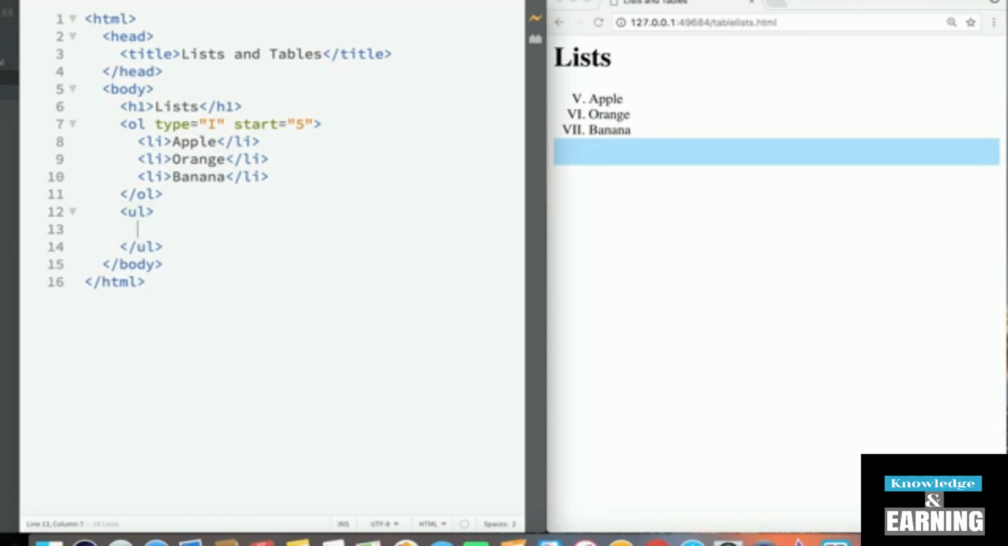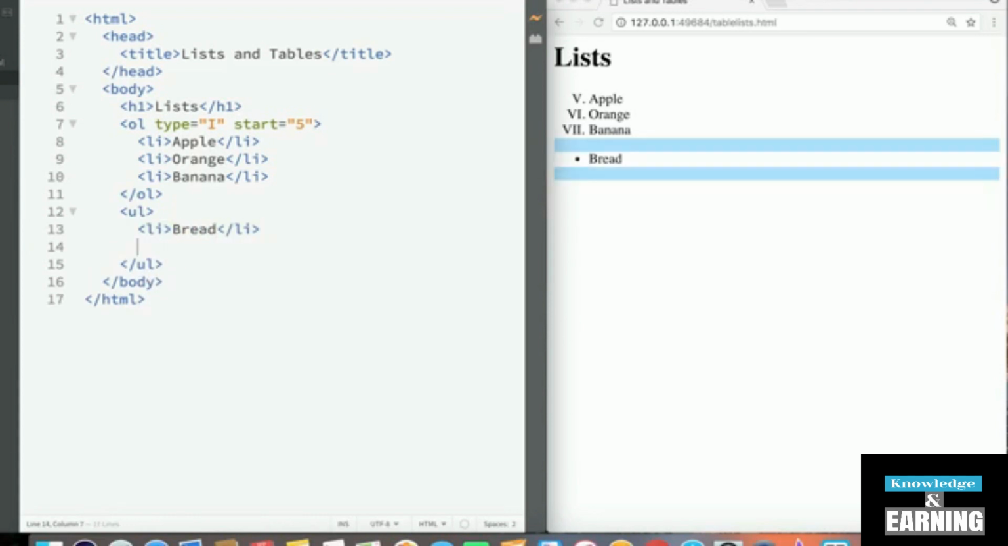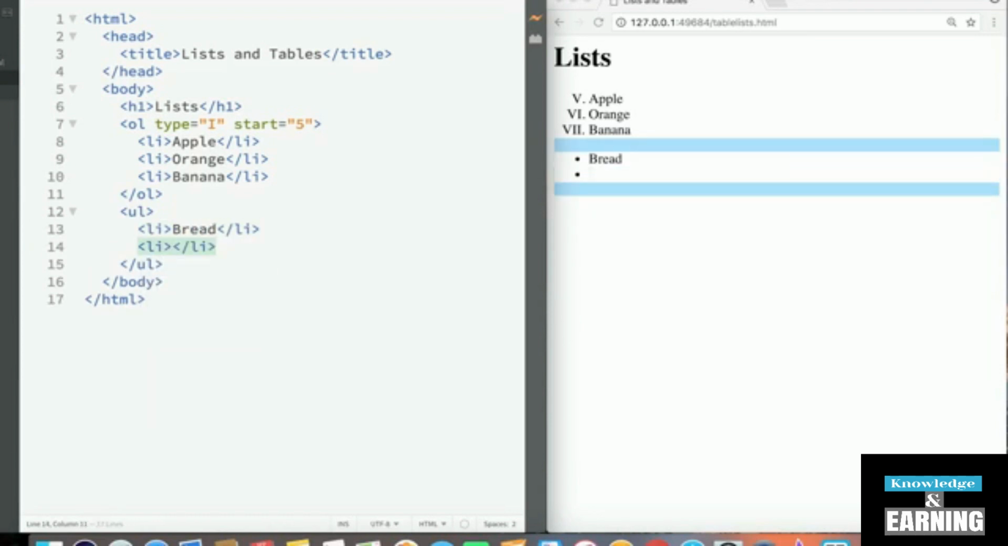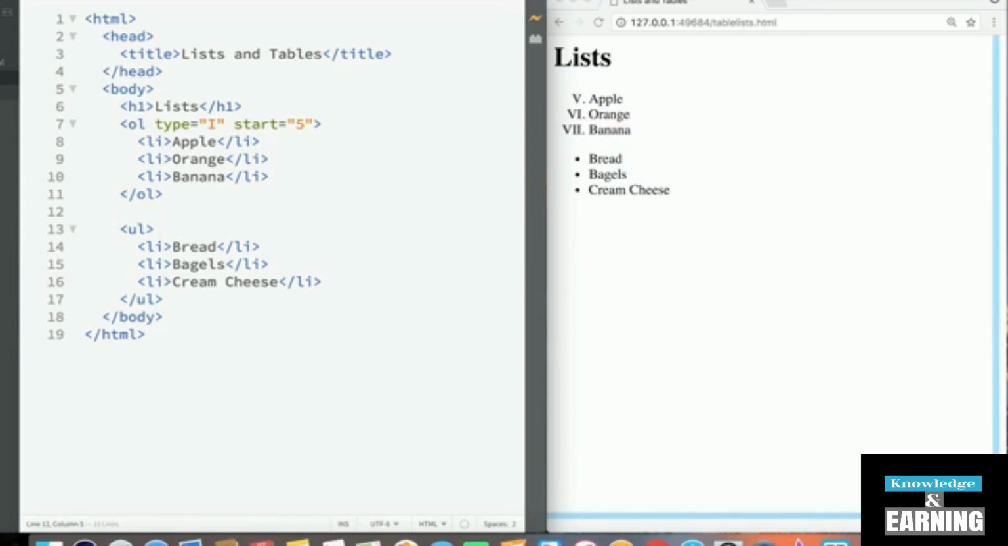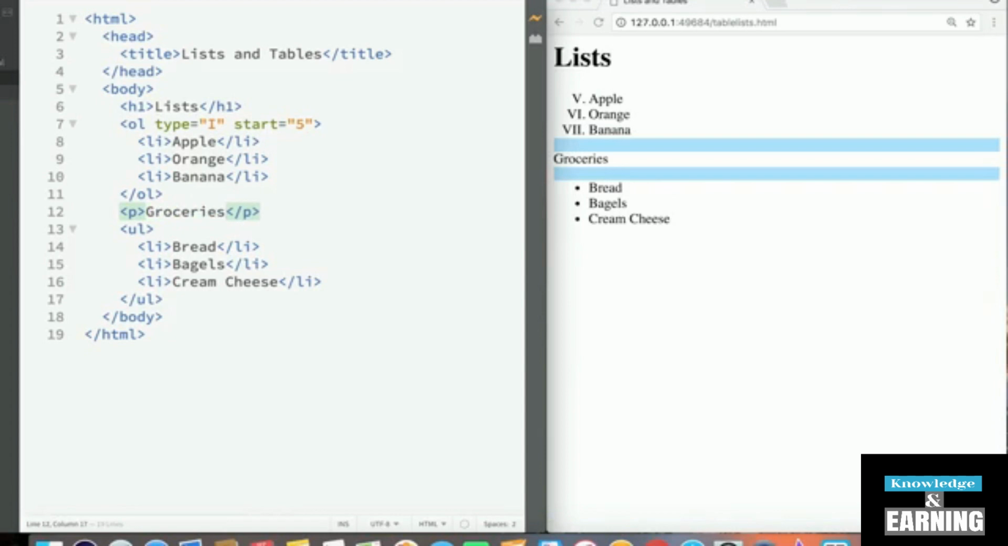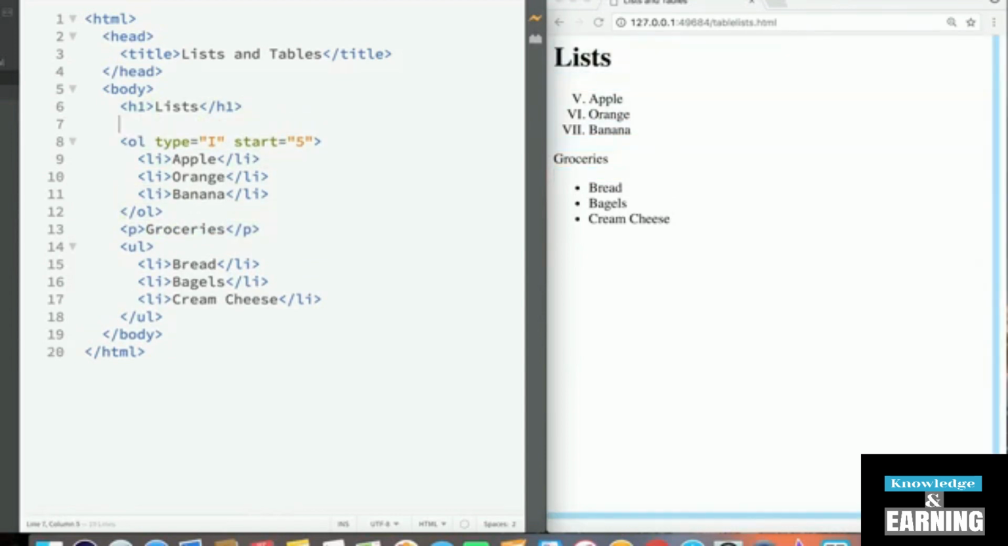So let's create an example unordered list. Li, bread, another Li, bagels, a third Li, cream cheese, and let's call this list groceries. Let's call this list up here